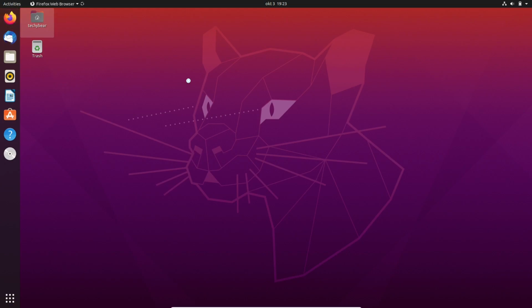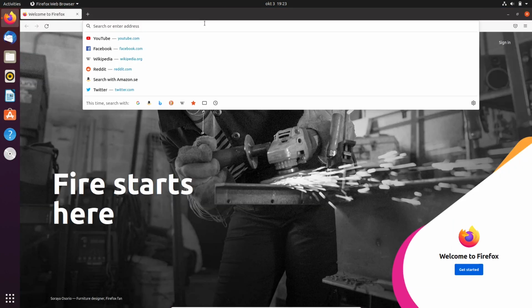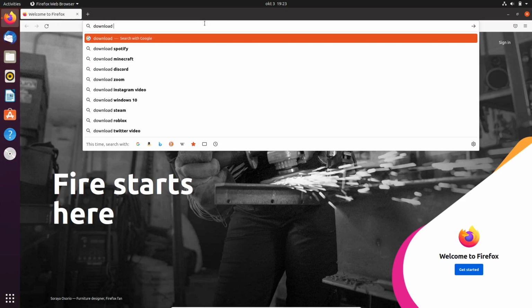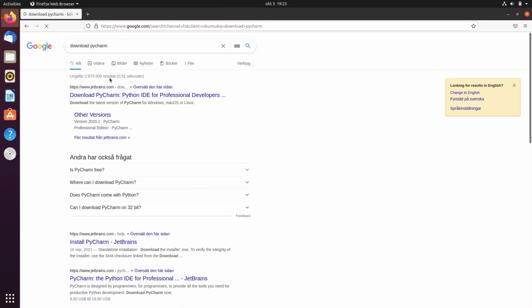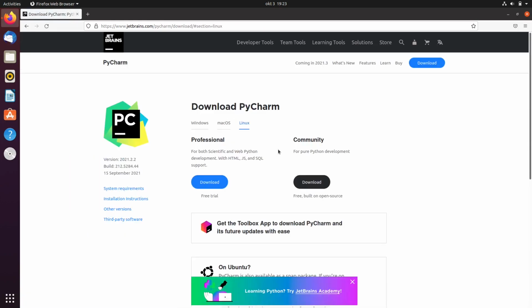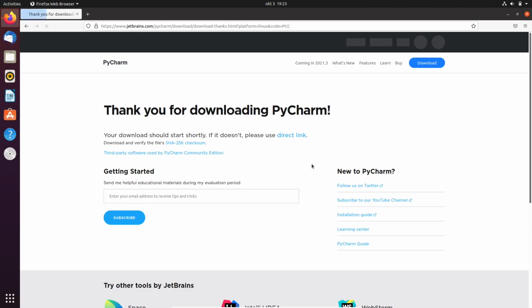So I will open the browser and after opening the browser I will search for download PyCharm, and it will give me the first result, which is download PyCharm Python IDE for professional developers. We are not going to install professional edition. We are going to install the community edition. So to install the community edition, I will click on the download button here